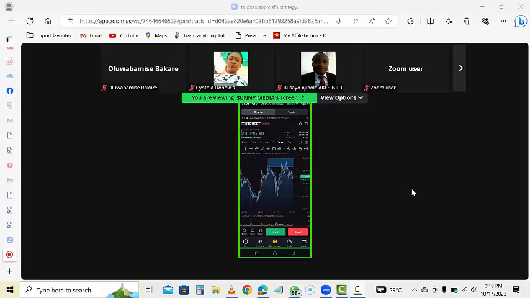Okay, but you don't always have to rely on it every time, because once a zone is tested multiple times, it's intended to be violated. So once you take advantage of it 1, 2 times like that, you just leave the zone. But when it comes to coins that usually fly,